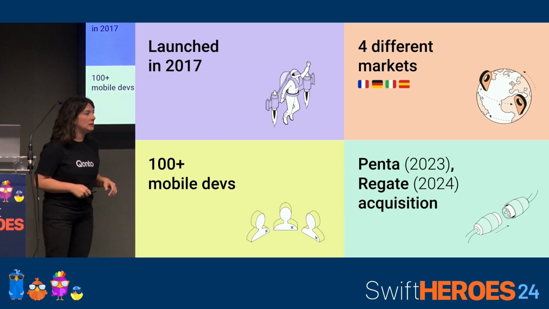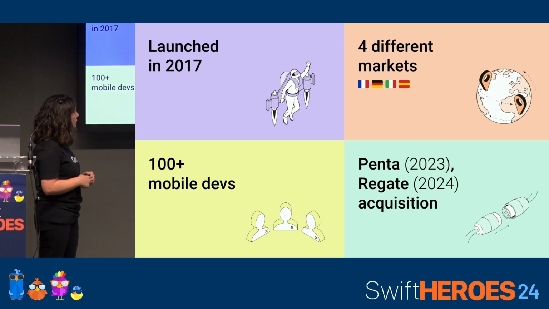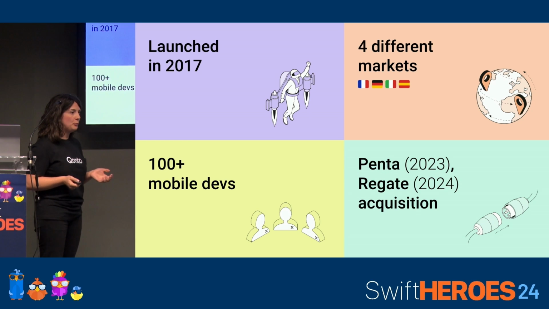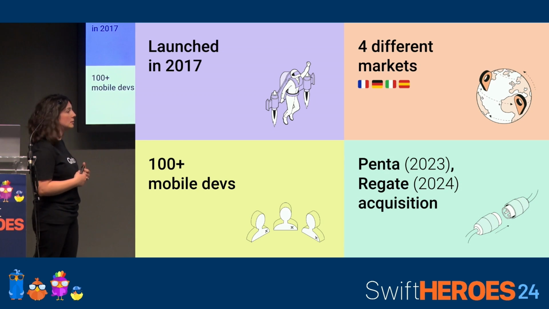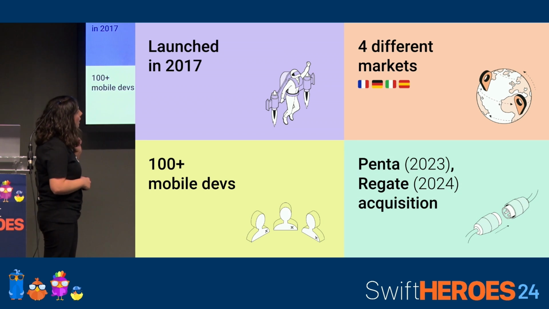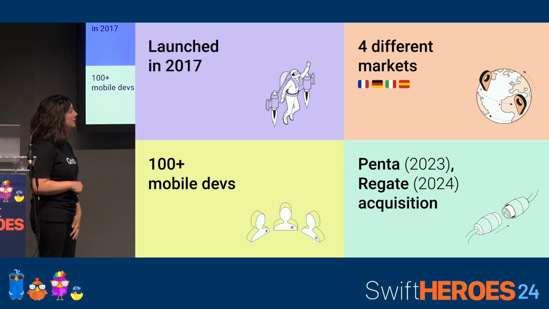French, Germany, Italy, and Spain. And actually now we are more than 1,400 people. The mobile team is more than 100 developers, and pretty much 50% are iOS developers. Huge milestone. Last year we integrated Penta in our family, and just a few weeks ago we onboarded